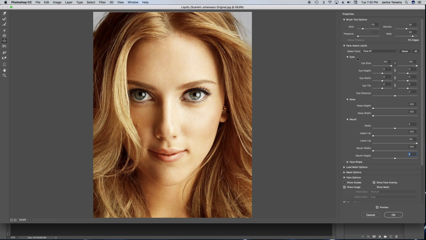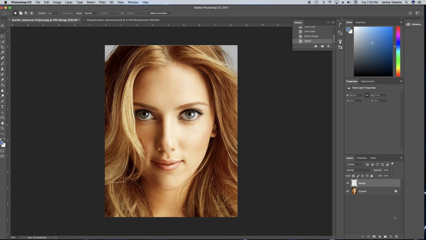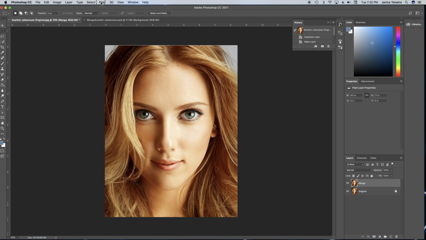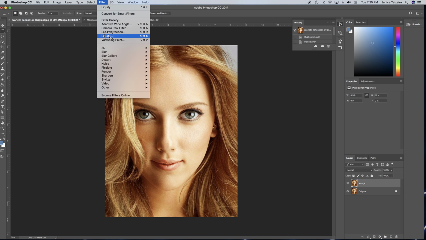Okay, so I have a start of this. Let me go ahead and accept it. And I can easily see the change by turning off my manga. So this was the original, and this is my new manga. And if I compare that to where I want to be, you can see I still have a ways to go. So I'm going to go back into my liquify tool,